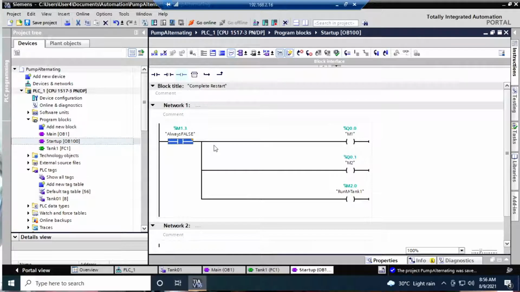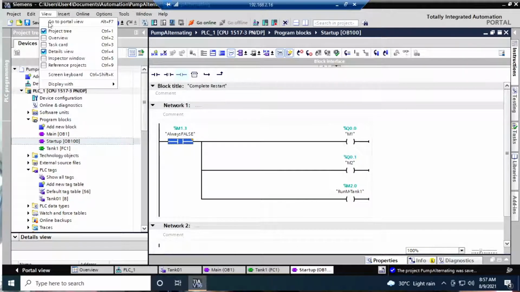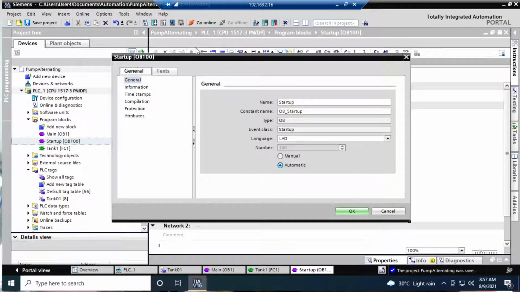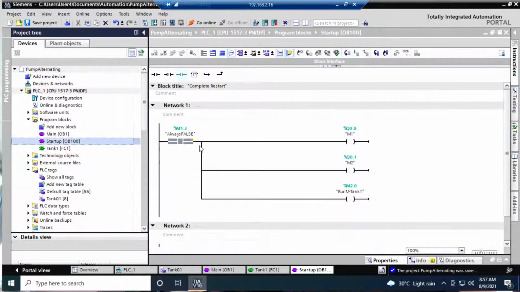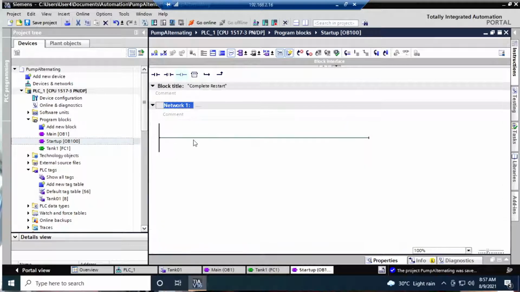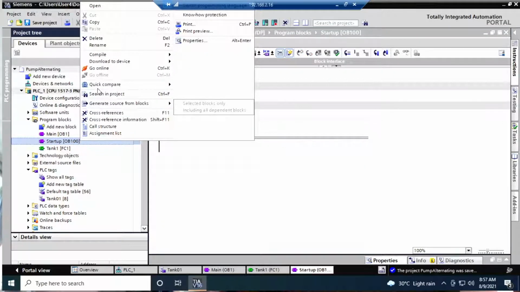Sorry, I have written it in ladder logic. We are doing STL, so we have to change that language in properties. We cannot switch from ladder to STL, there is no option. So anyway, we can delete this,